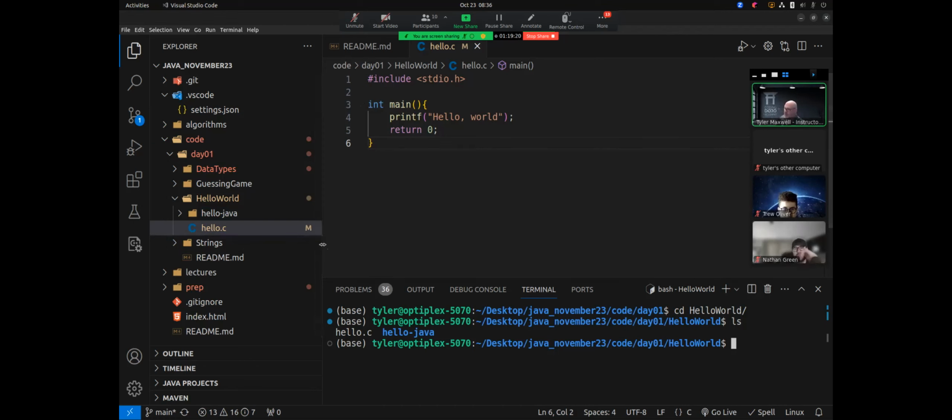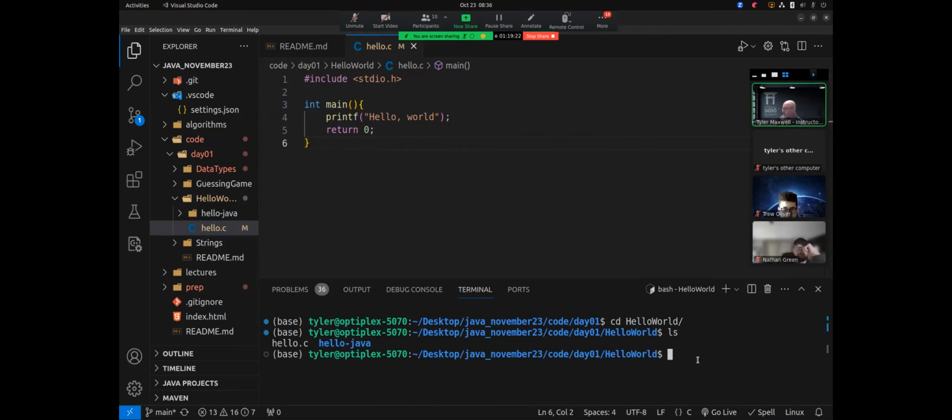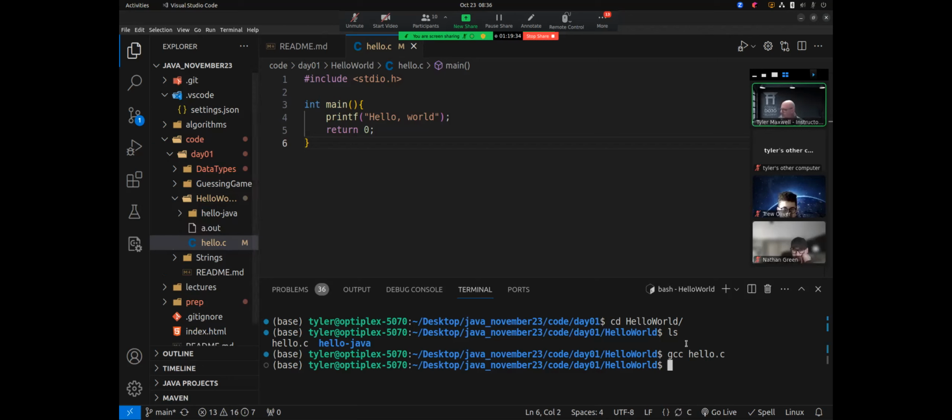In order to compile C code, I need to use the C compiler, which I have installed on my machine. So I'm going to say GCC, and then give the name of the program. No news is good news. If I don't see any errors, then it worked.